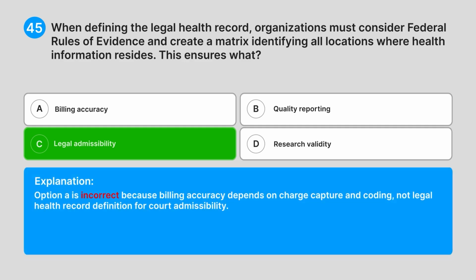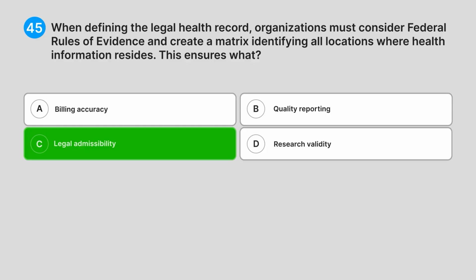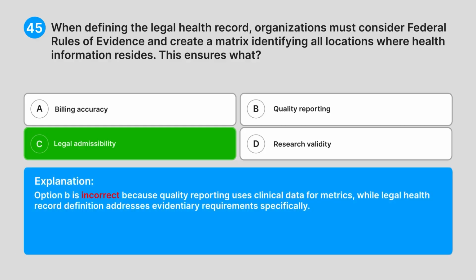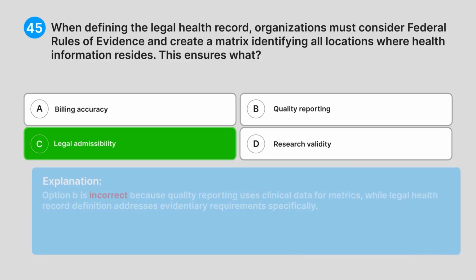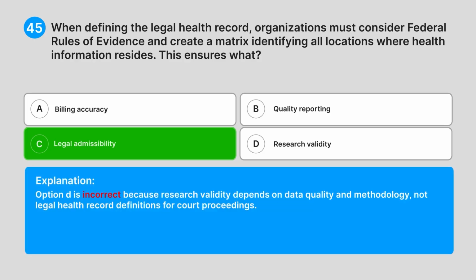Option A is incorrect because billing accuracy depends on charge capture and coding, not a legal health record definition for court admissibility. Option B is incorrect because quality reporting uses clinical data for metrics, while legal health record definition addresses evidentiary requirements specifically. Option D is incorrect because research validity depends on data quality and methodology, not legal health record